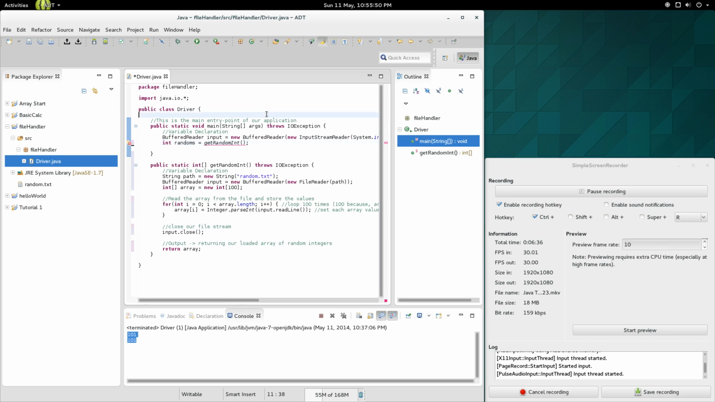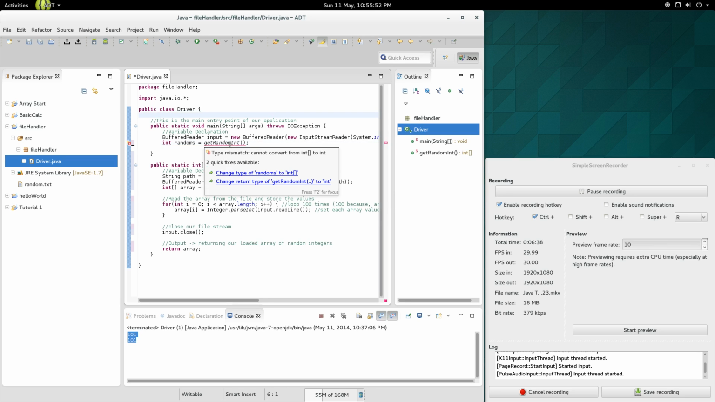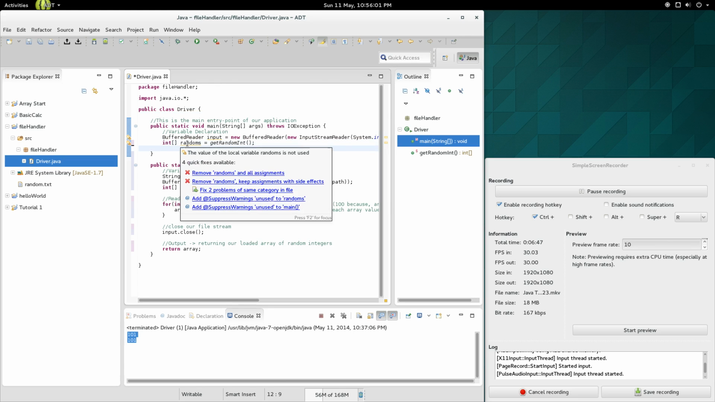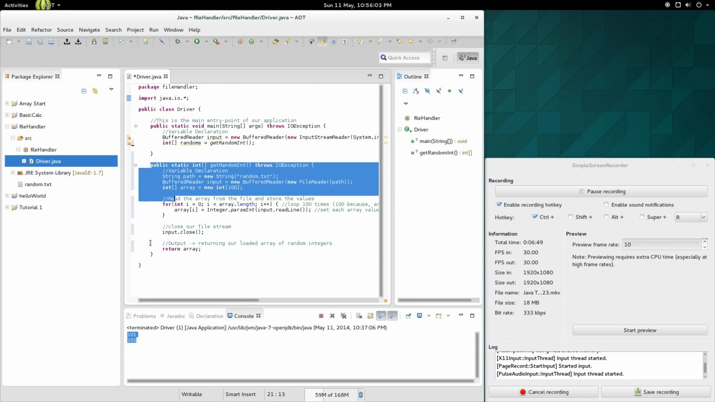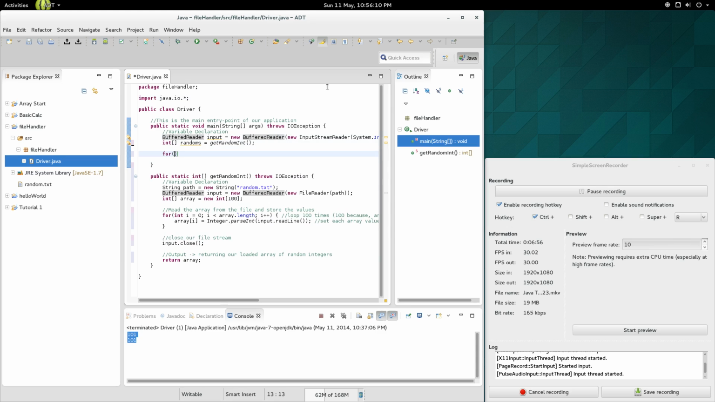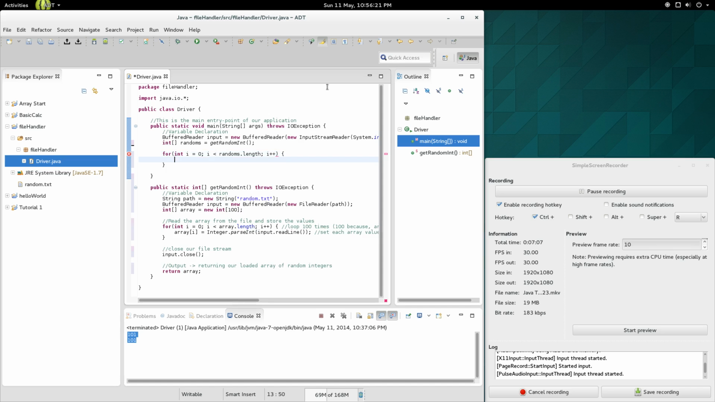What's our error here? Oh, sorry, int array. So our integer is going to be an array. So randoms is equal to the loading of our random file. Just to show you how this worked, I'm really quickly going to slap it in a for loop. So for int i equals 0, while i is less than randoms.length, i plus plus, and then we'll just do